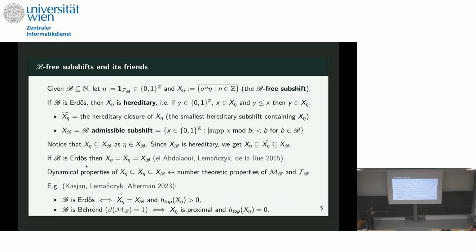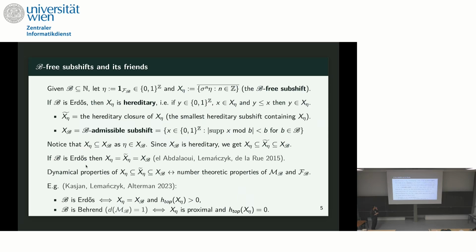And what is interesting here is that the dynamical properties of these three subshifts correspond to number theoretic properties of M_B and F_B. So I started my talk with pretty old results, and now I'm jumping to something more recent, and I'm trying to tell you that there is a nice connection. So for example, B is R dash if and only if the three subshifts agree and the topological entropy is positive. Or B is Berend if and only if the B3 subshift is proximal and the entropy is 0. So there is an interplay between